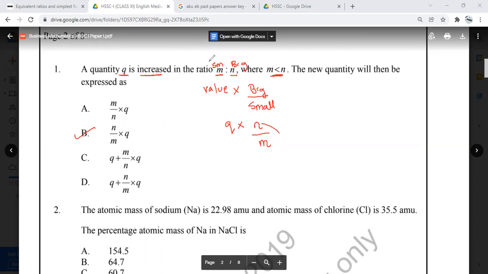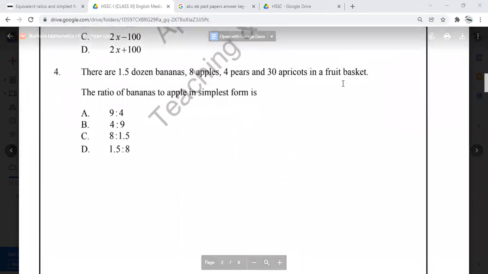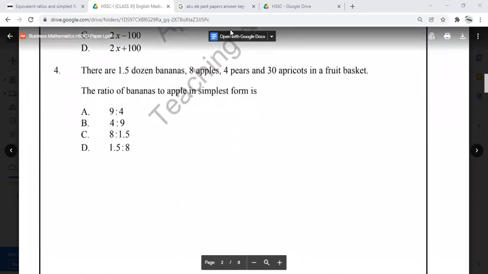Now let's see if we can find another question related to ratios. The next question is for percentages, so we'll do this later. Then this is also profit and loss. Okay, now this over here is giving you the information